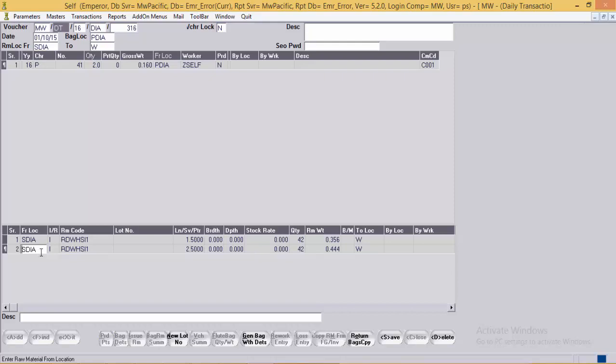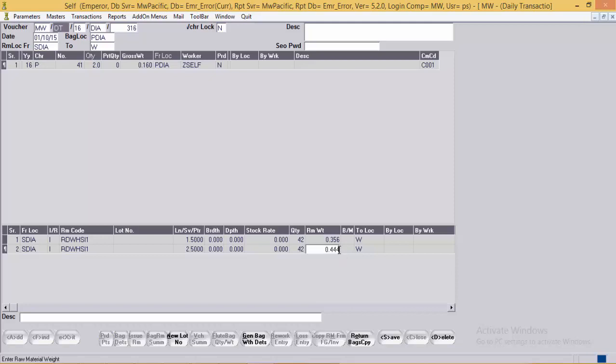Same way, stock of diamond is issuing round white SI1 quality of size 2.5, 42 stones and 0.44 cents in the WIP location. Now the weight has been brought by the system by a proportionating logic, but it might not be the actual weight, so the user may change the weight over here.